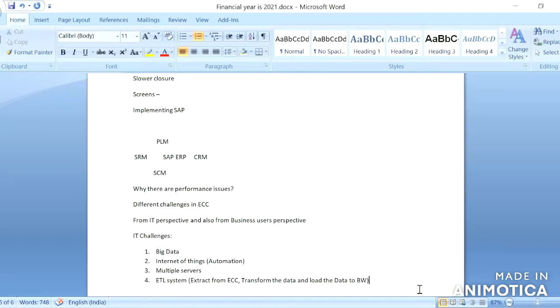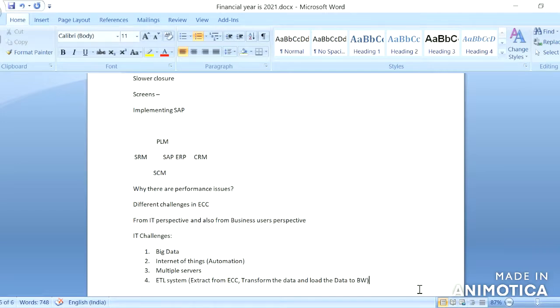If we want graphical reports, we need to generate them in BW. In order to generate them in BW, we need to transfer data from ECC. First we need to extract the data from ECC and transform it as required. Then we have to load it to BW. Then only we can generate the reports in BW. Even with this process, we cannot get up-to-date reports from BW.